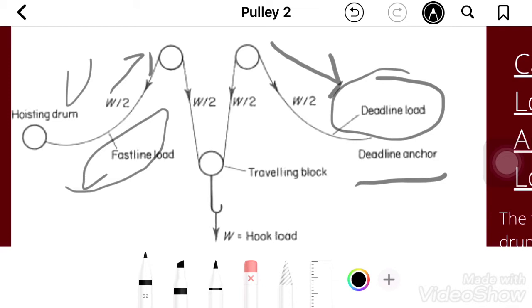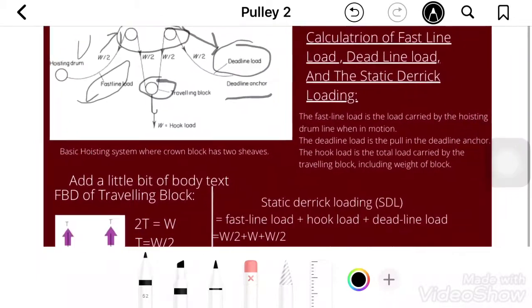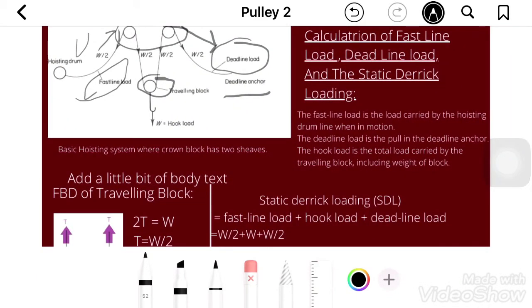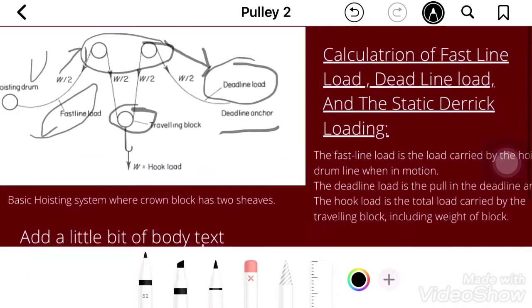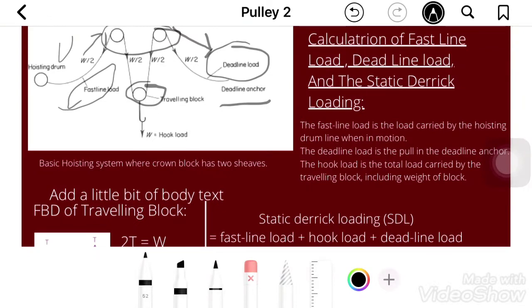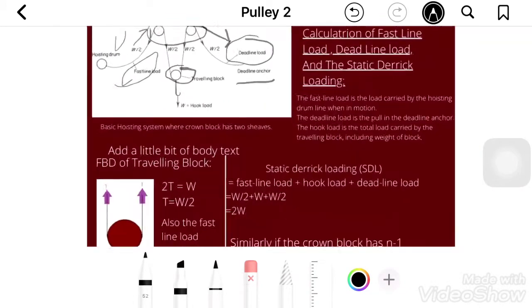So crown block will always have more number of sheaves than that of traveling block. Now guys, fast line load is the load carried by the fast line, and dead line load is the load carried by the dead line, and the hook load is the total load carried by the traveling block including weight of block itself. Okay, so we will calculate here the